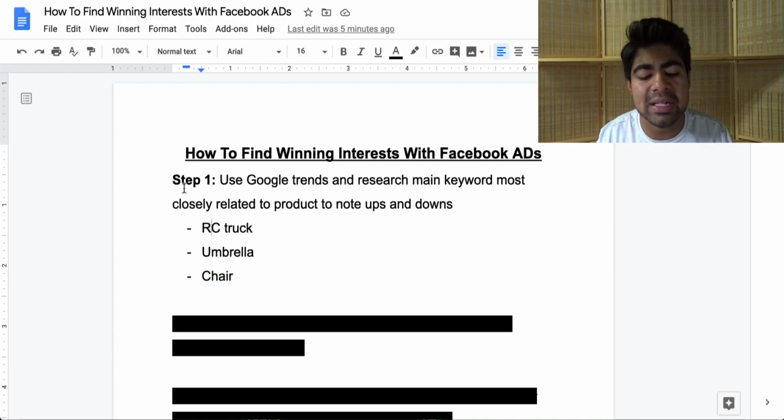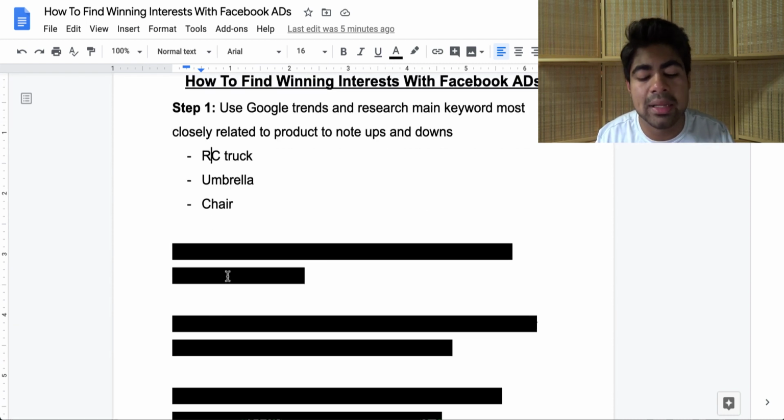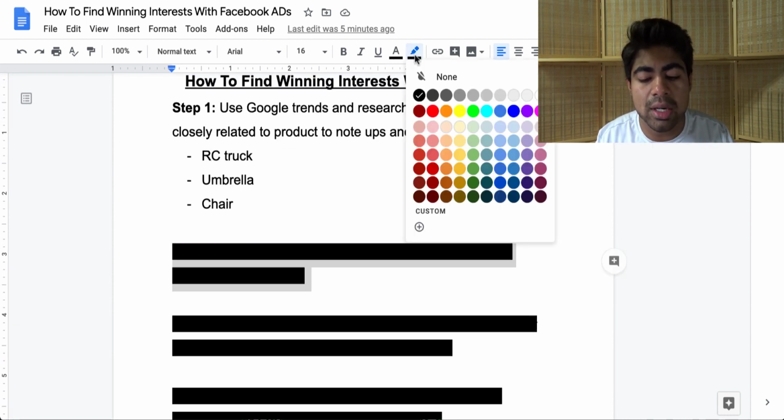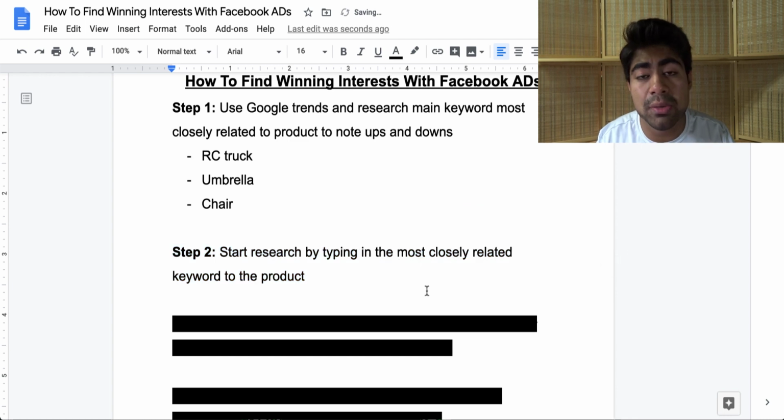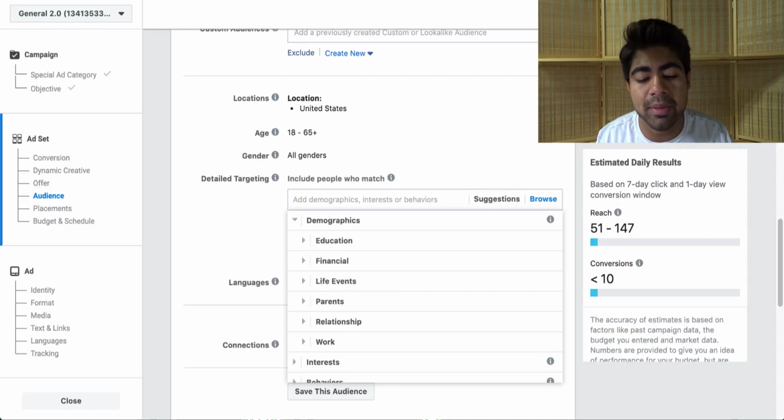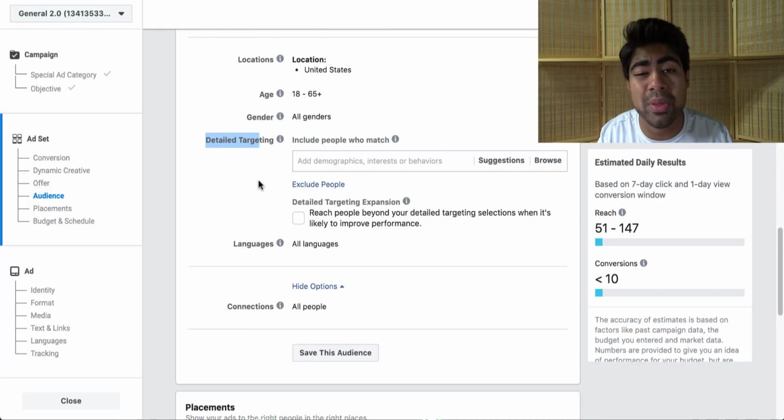But once you have done step one and figured out whether it's the right time to sell this product or not, let's move on to step two, and that is start research by typing in the most closely related keyword to the product. And this is done directly on your Facebook ads account. So for this, we're going to go on to the sample Facebook ads account and do just what that step says. For the first example, RC truck, we want to start off by typing in something that's